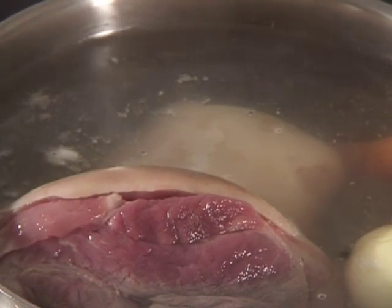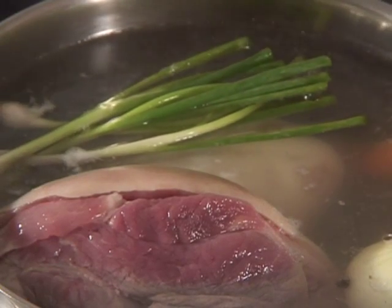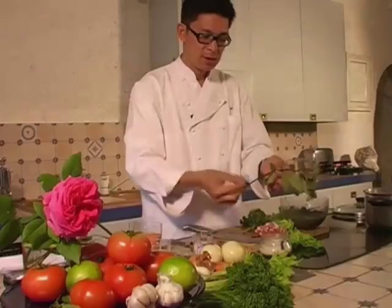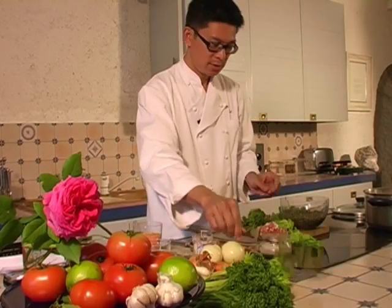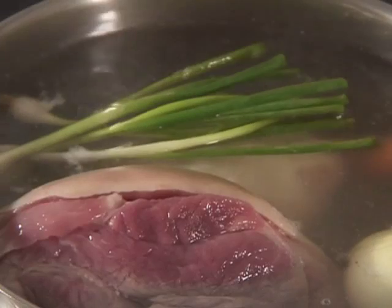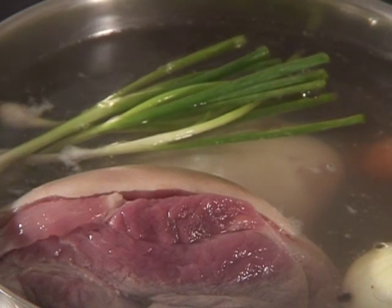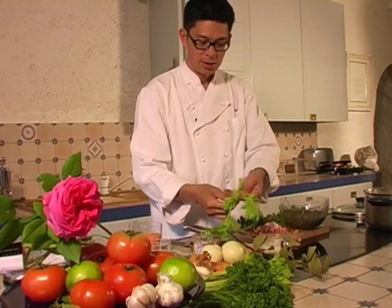Some spring onion. And I'm going to prepare my bouquet garni. 2 to 3 bay leaves, celery,